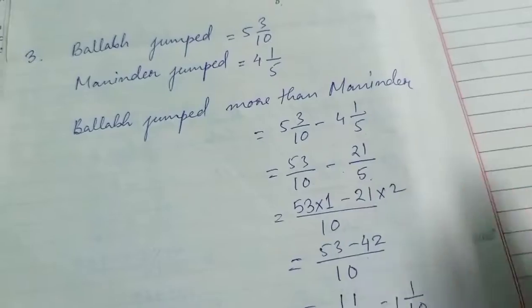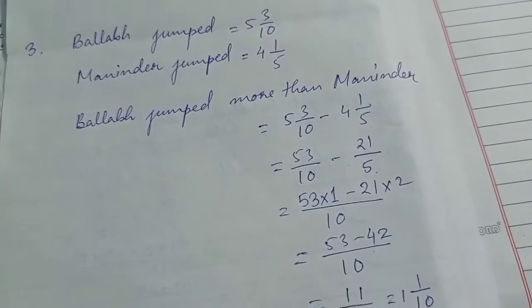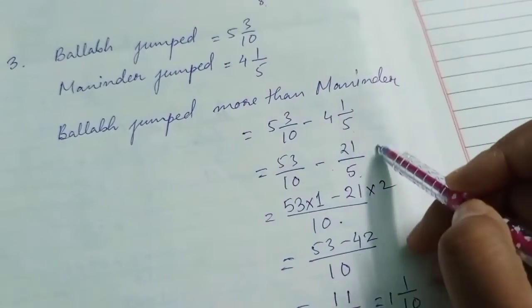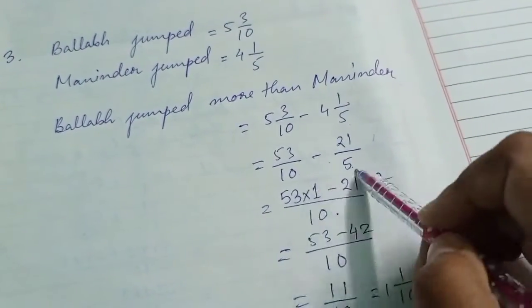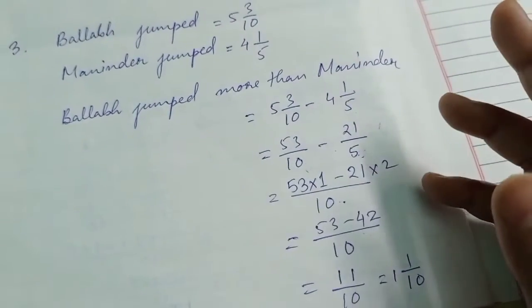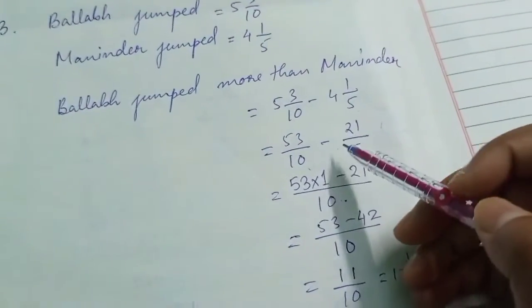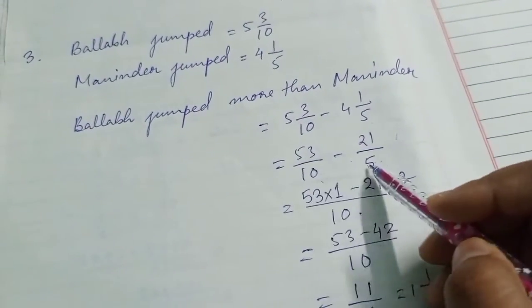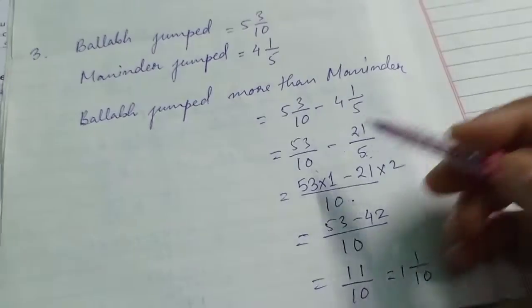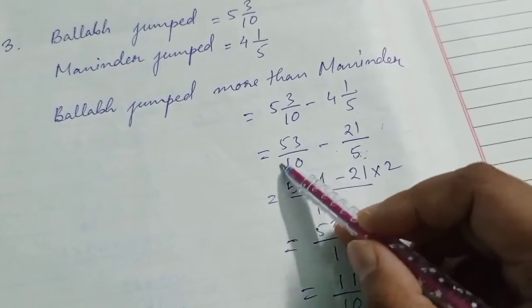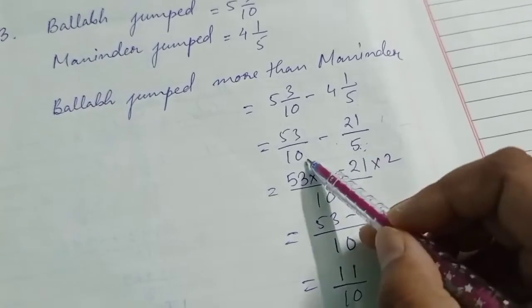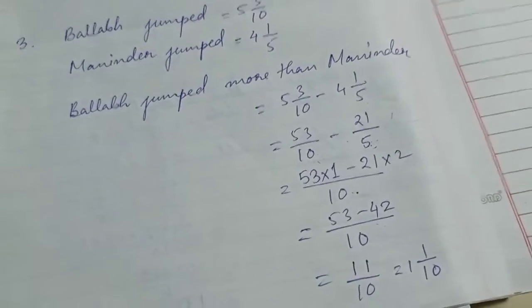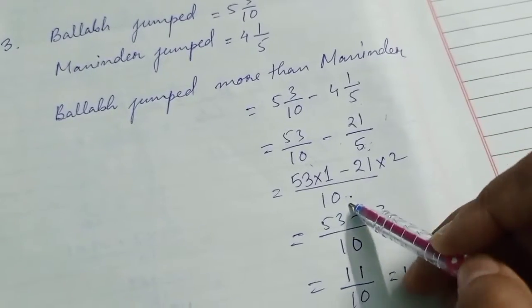Now 10 and 5: 10 is a multiple of 5, so that's why 10 only will be the denominator directly. And if you have confusion, again I am telling, find the LCM of 10 and 5. If you find the LCM of 10 and 5, you will get 10 only. So I have given it directly, because I have already told you the rule. In the case of unlike fractions, if the denominator is a multiple of the other, like 5 into 2 is 10, so 10 is a multiple of 5, in that case the higher value is used.